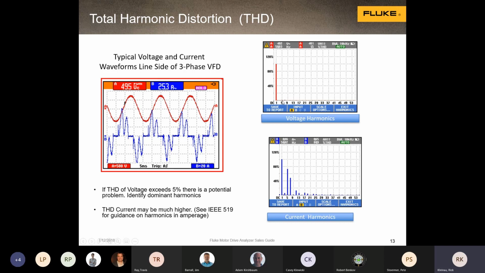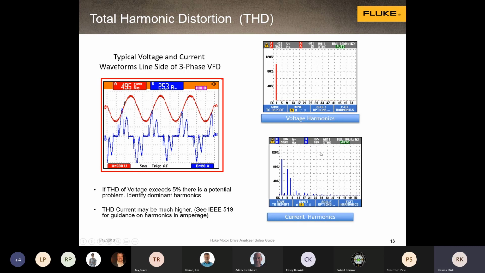Maybe there's a little bit here at the 5th harmonic. But if you look at this number in the upper right-hand corner of the screen, that's total harmonic distortion. THD is kind of a summary. I think you take the square root of the sum of the squares of all the bars to get the THD, something like that. You look below, this is harmonic content in the amps. THD is